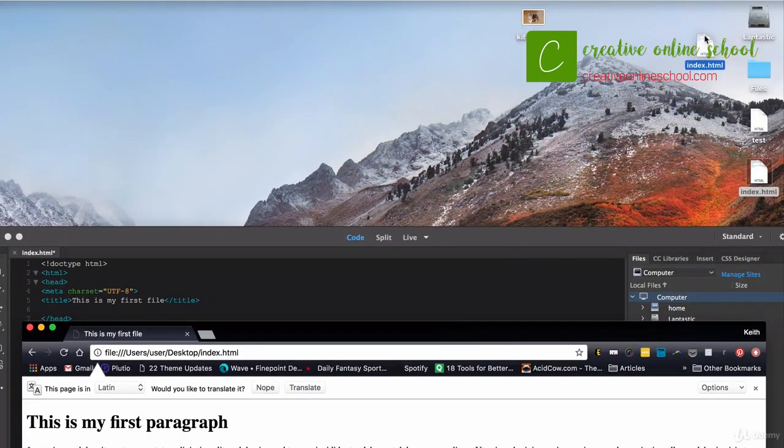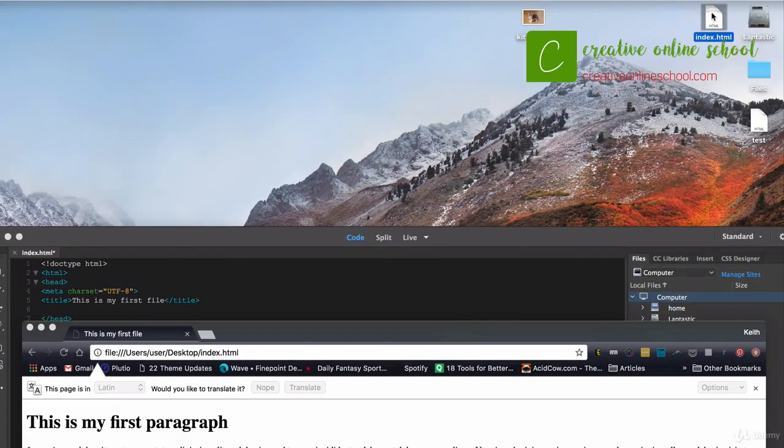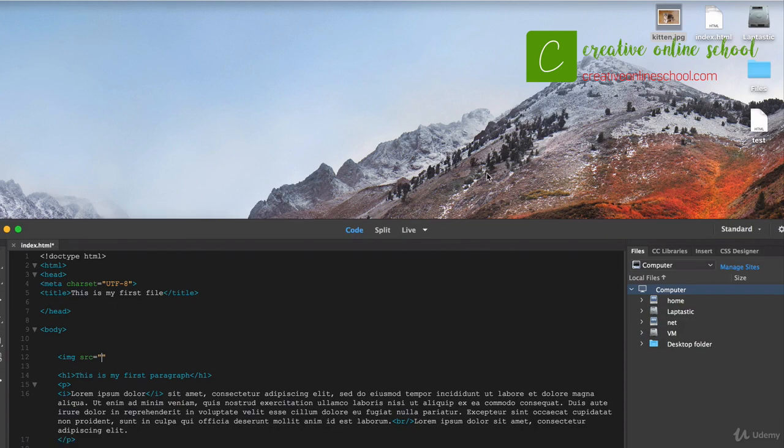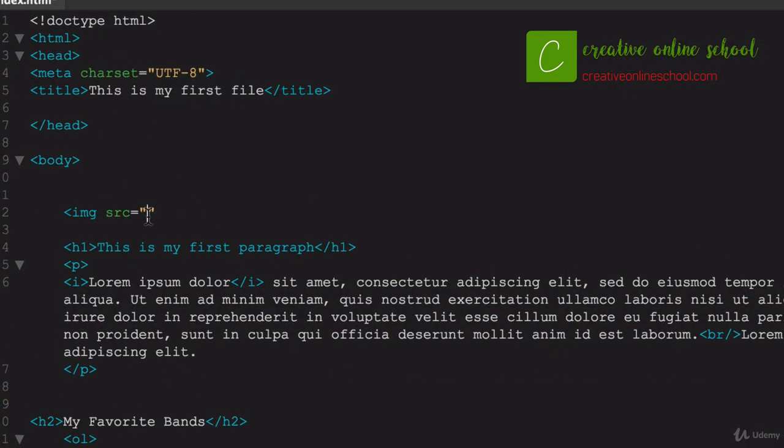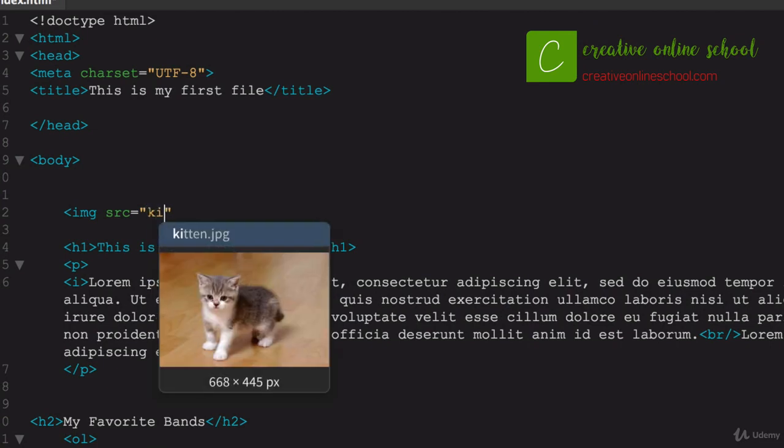I've got my index file. Drag it up here so you can see it, and it is right next to this image of a little itty bitty kitty that we're going to be putting in our file. And so the page being right next to the kitten should make this very simple, but linking to an image can be very complex sometimes if you don't understand it. So again, we'll go into that in more depth in the next lesson, but for right now let's go ahead and just do the image tag. So say the image source, because it's right next to me, I can just type in the name of the image,